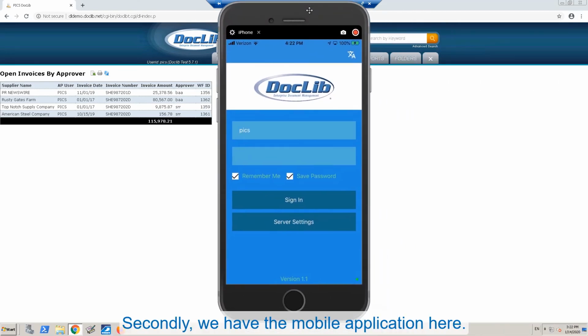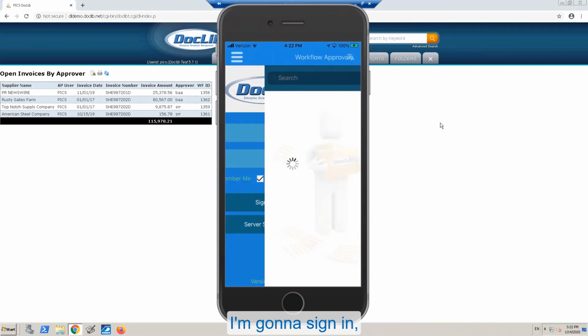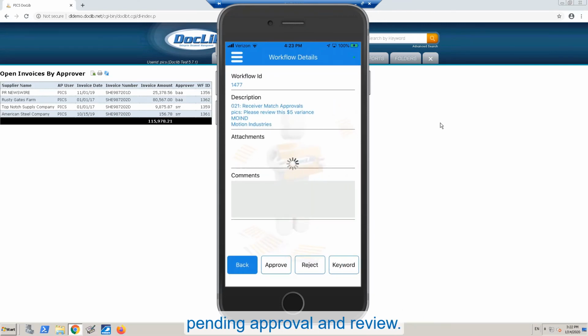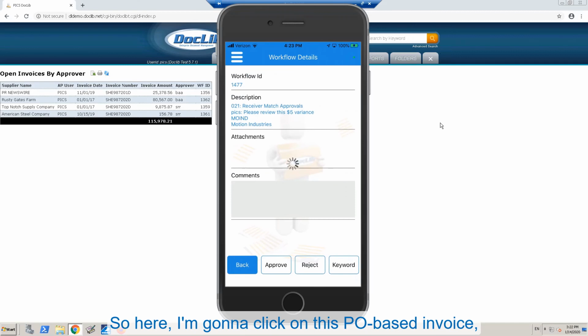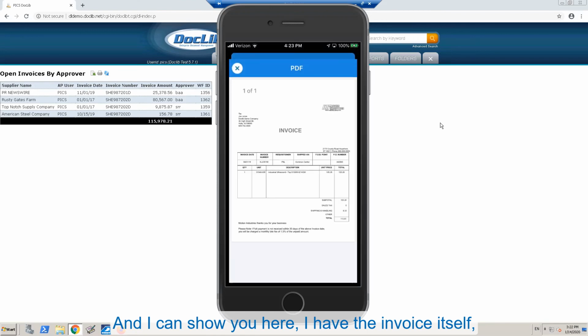Secondly, we have the mobile application here. I'm going to sign in, and it will show me all of the open invoices in my queue pending approval and review. So here I'm going to click on this PO-based invoice, as I had shown earlier, and I can show you here I have the invoice itself,